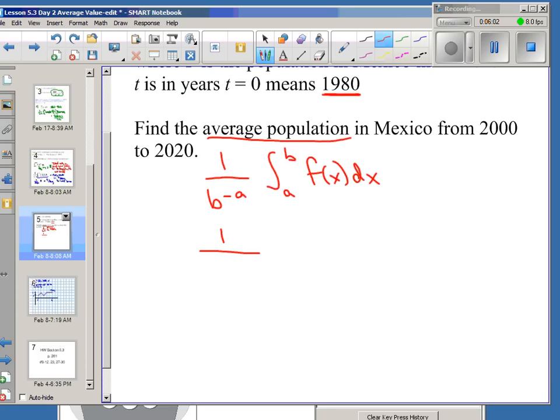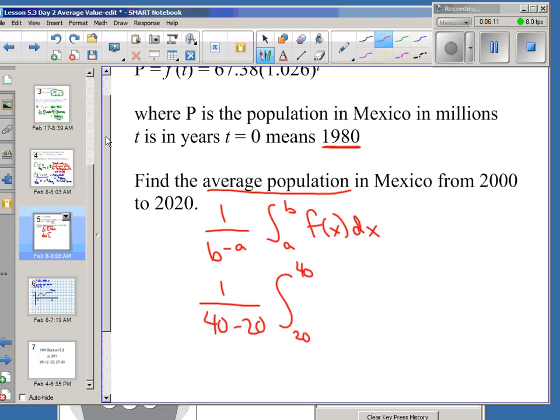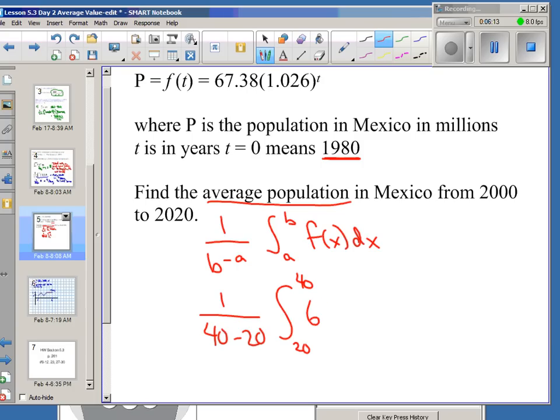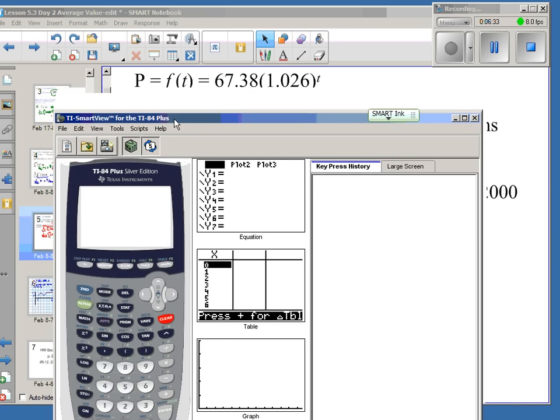So we have 1 over 40 minus 20. So we end up with 20 here and 40 for our integral. And this function we have is back up top here, 67.38 times 1.026 to the t power. And can't forget our dt. Now, we don't know how to evaluate this integral yet, so we can use our calculator to do it. If we go to our calculator,